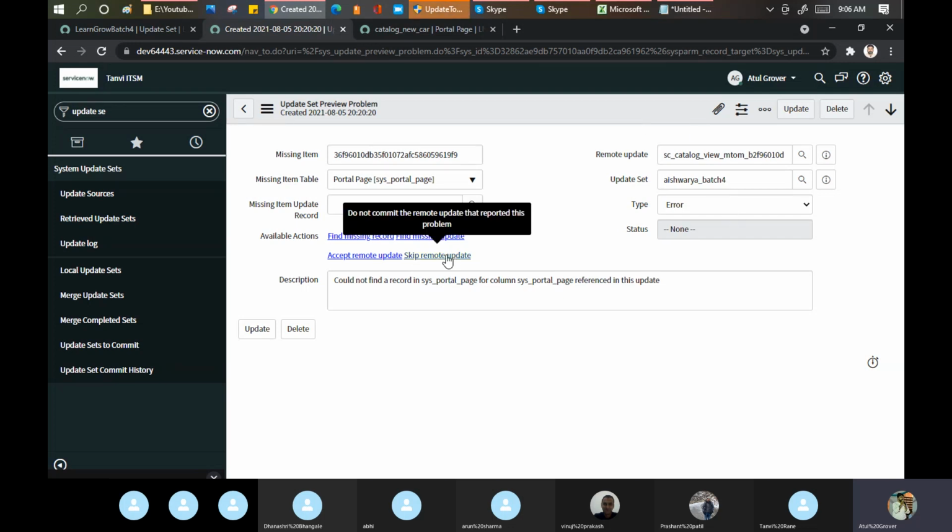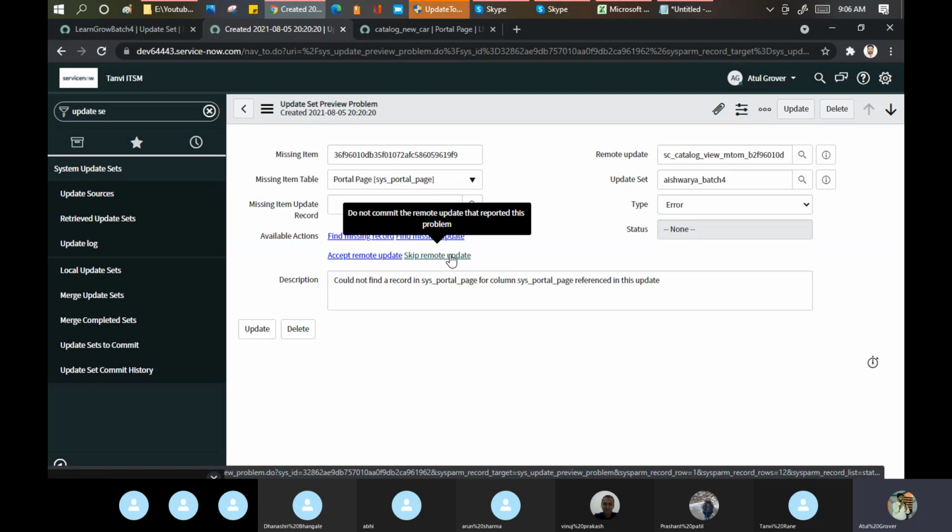Or skip the remote update. It means don't commit this change in my system, because if I accept, it can impact my other catalog items as well. So being a developer, you have to think, should I accept it or should I skip it?